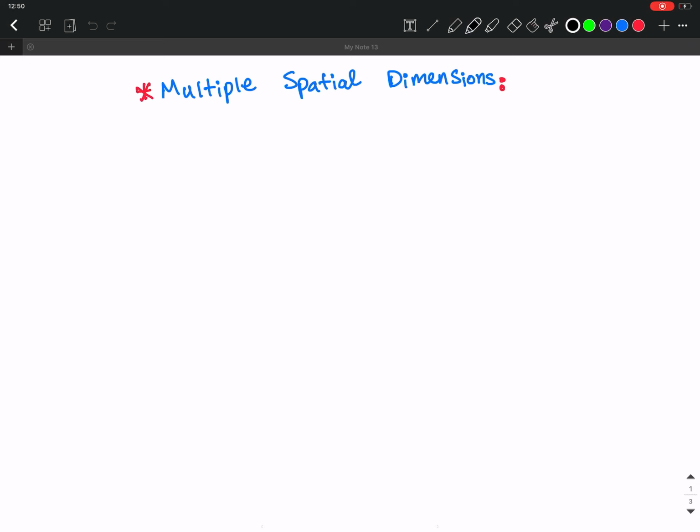Hello everyone. Today we are going to work on another example, kind of an extension of the complex Fourier transforms in multiple spatial dimensions. And this will be the last lecture on the complex Fourier transforms and the analytics part of the course. Okay. So the multiple spatial dimension is like, so far we have only investigated,